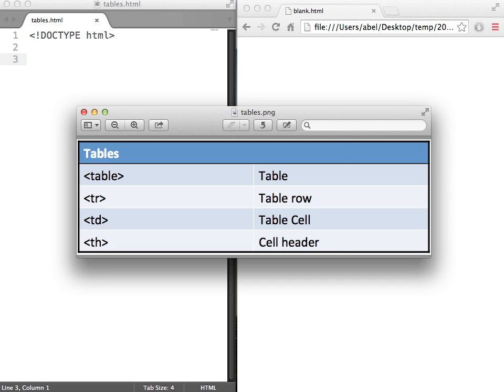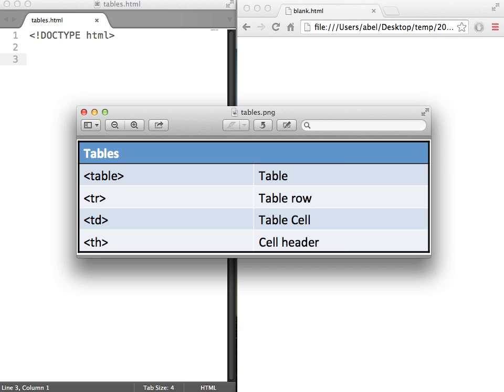Welcome. In this lesson, we're going to be looking at how to lay out or organize information within the page. One of the basic ways of doing this is using an HTML table, a table tag. Later on, we will see more advanced methods, so in this case, we will simply look at the basic functionality